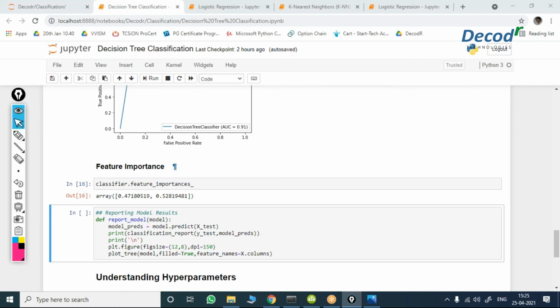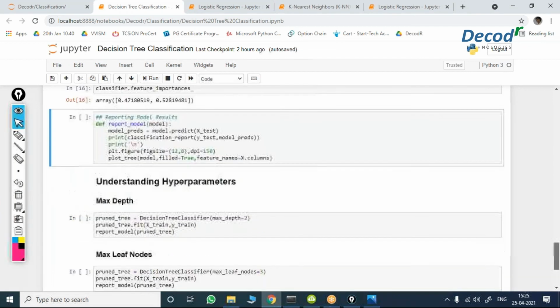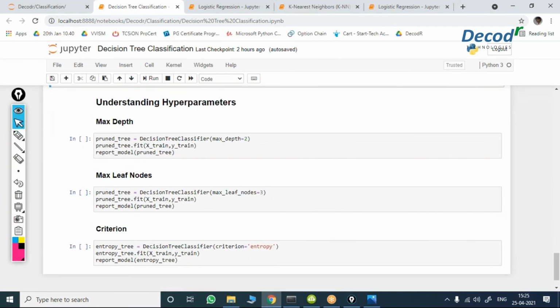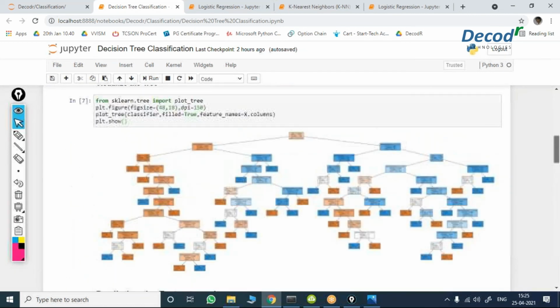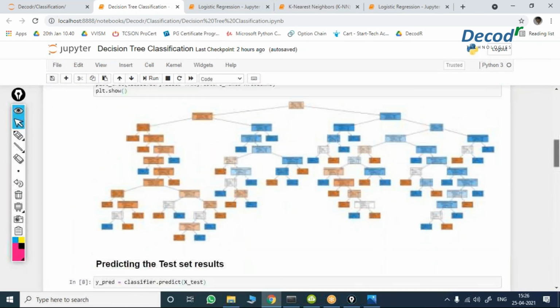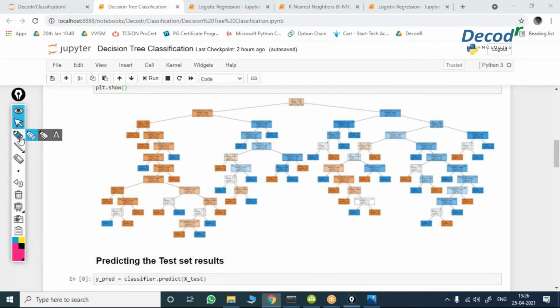Let us get into the next one. In this class we have discussed the first option to prune the decision tree. What is the first option to prune the decision tree? It is the maximum depth. You are going to give the maximum depth of the tree. So what is the maximum depth you are having in total?